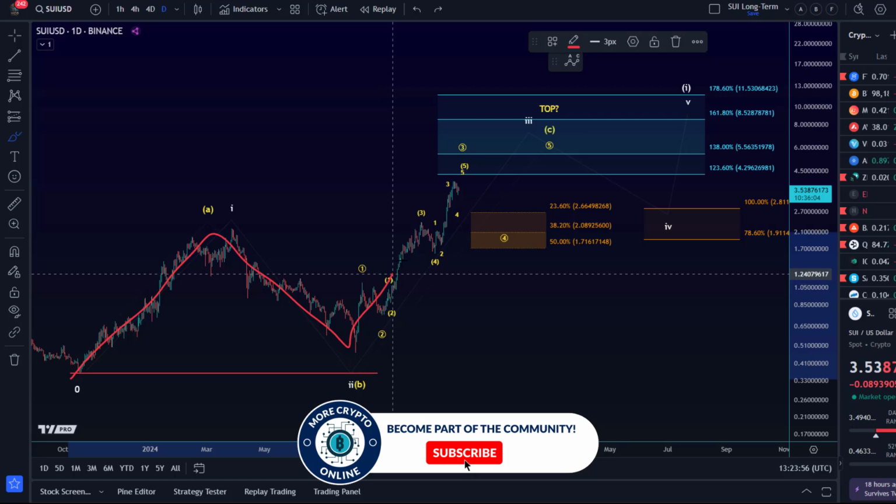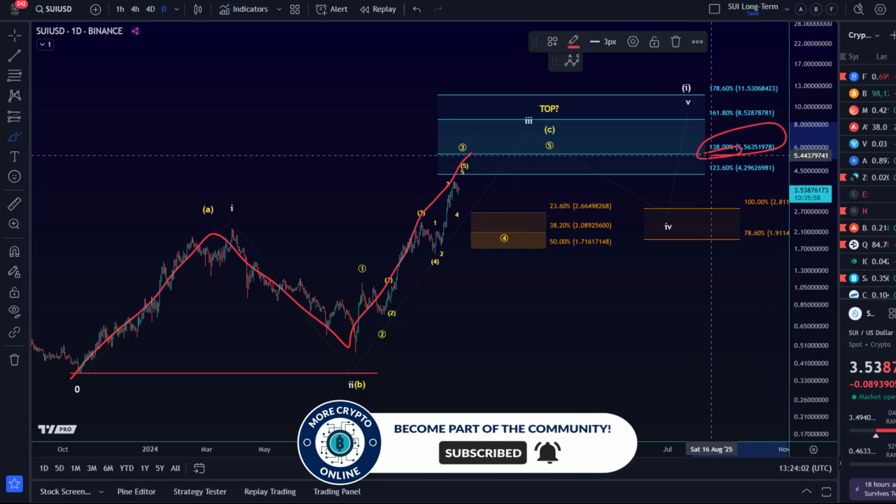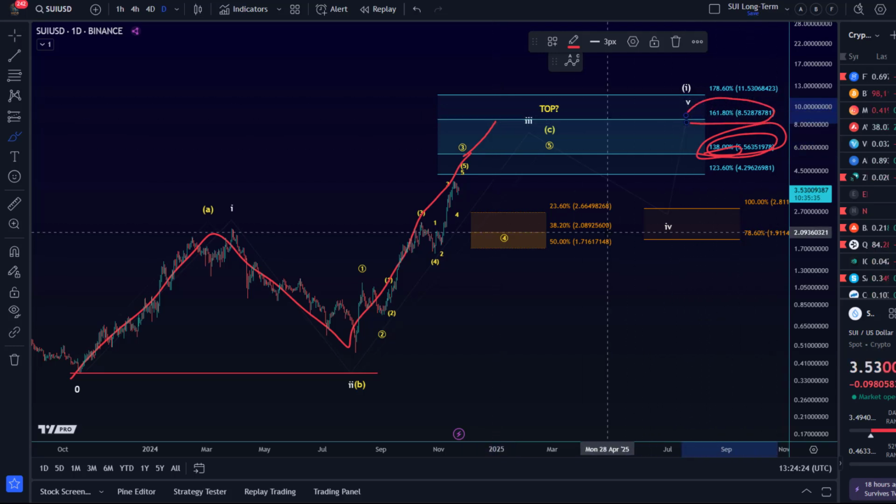And the third wave, normally the first ideal target, my minimum, is the 138% extension. So if we get there to 556, then I think the white count is becoming more likely. Typically when the price reaches in the third wave only the 138% extension, then the fifth wave reaches the 178.6. Now, if, however, the third wave extended, so that's 1150, right? If the third wave extends to maybe the 161.8 extension,